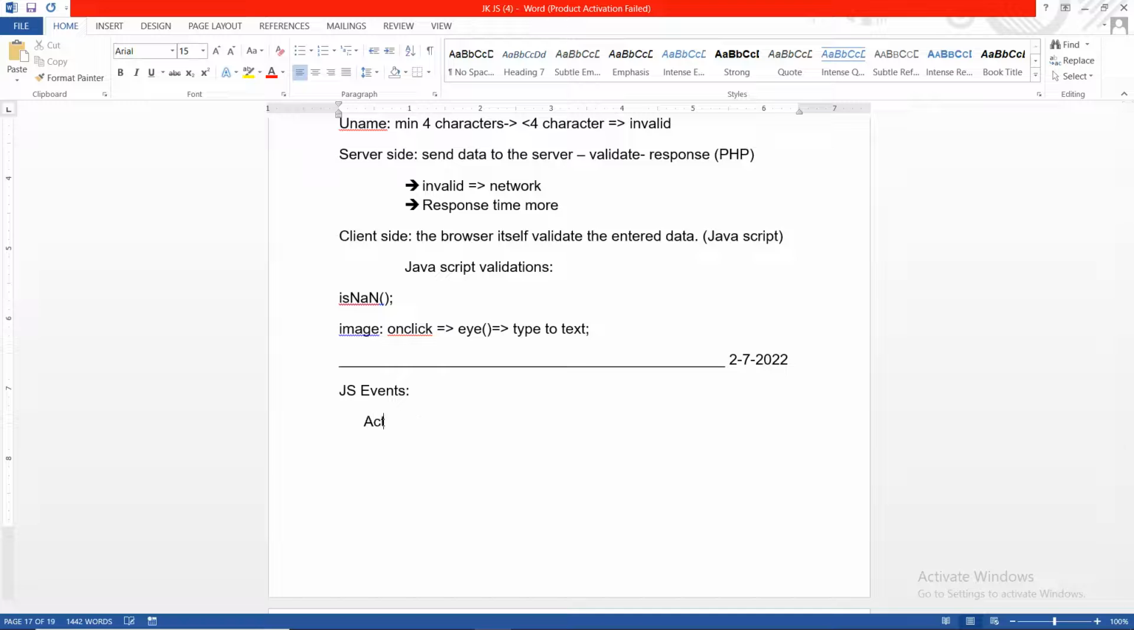Events means any kind of action that can be done by the user or browser on the web page. We can call them JavaScript events. Like when the user clicks on a particular element on the browser or a window, we call it an event. Or if the user performs a double click operation on the document, we call it a JavaScript event. Or it can be like when the user